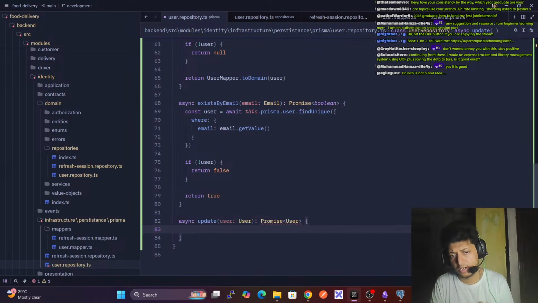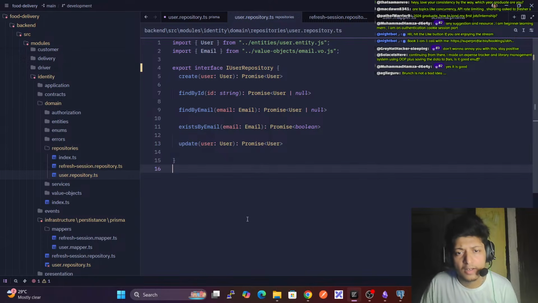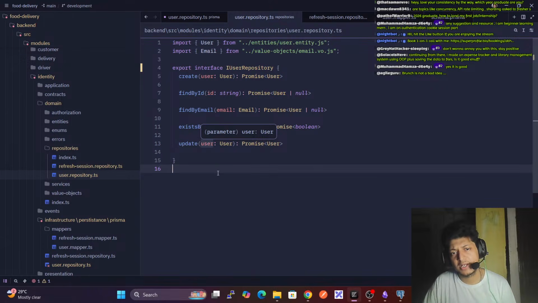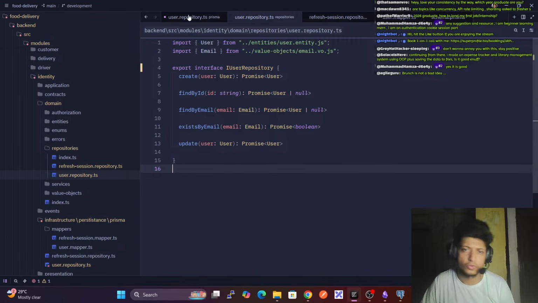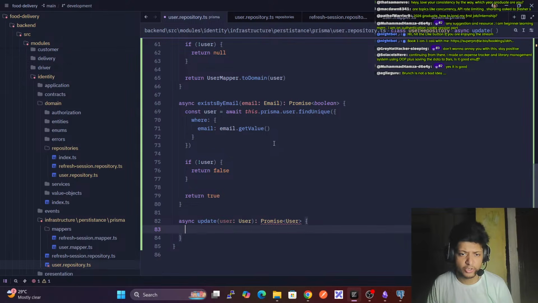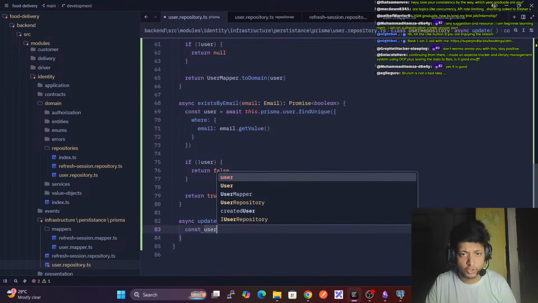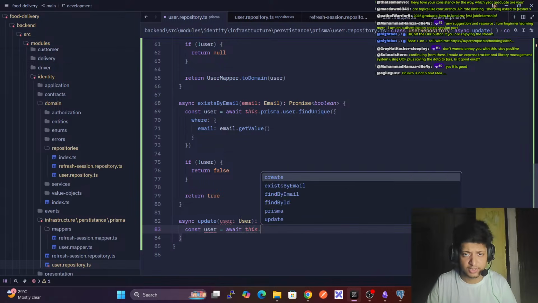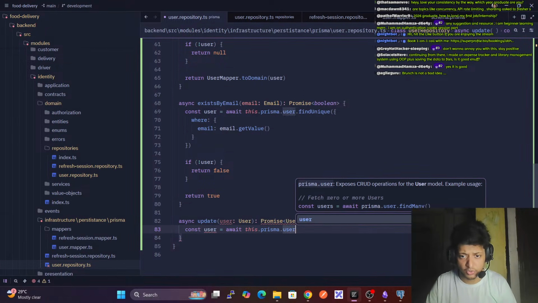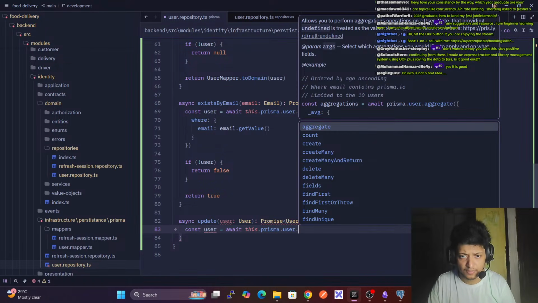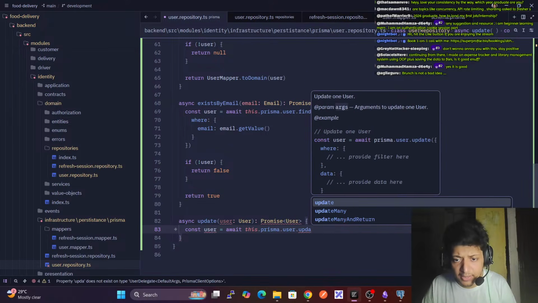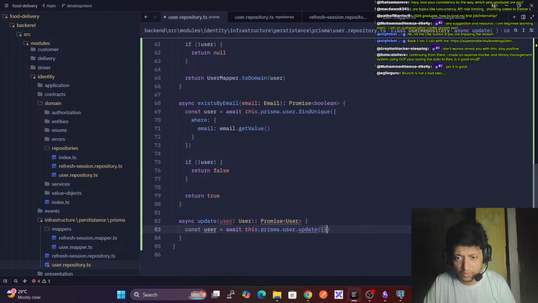And now what will happen is that, I think we should have taken an ID. No. So here what I need to do is I need to update the user. Okay, so const user equals await this.prisma.user.update, where,